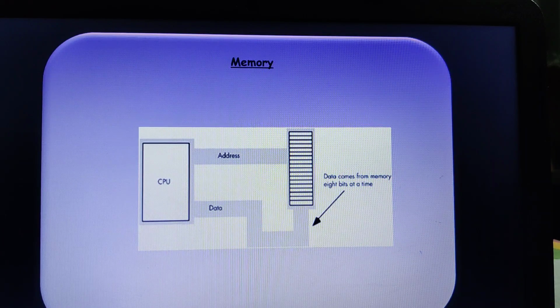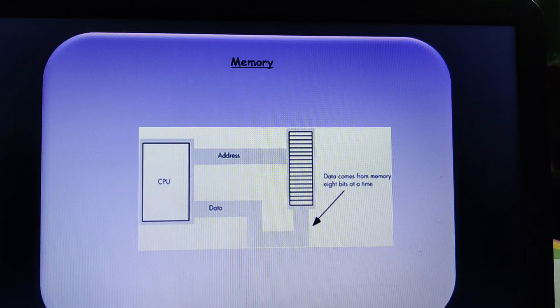Moving on to the next one, the address bus. What is the use of this address bus? This bus connects the CPU and the RAM with a set of wires, similarly to the data bus. But here, the width of the address bus is usually determined by the maximum number of memory locations that the computer can have. How are we able to decide the width of the data bus? That depends upon the number of parallel wires in it. Similarly, the width of the address bus is determined by the number of memory locations that the computer can have.